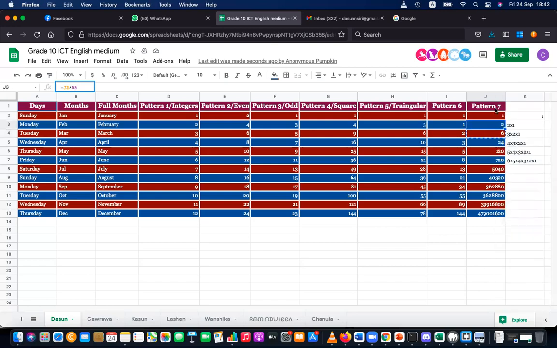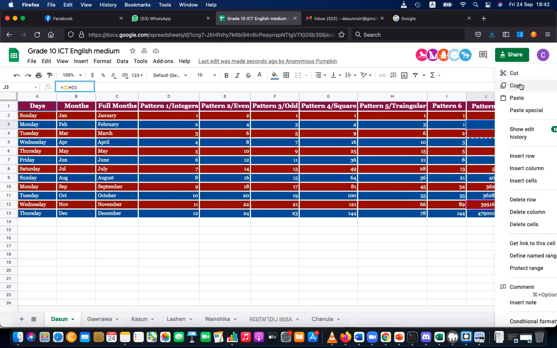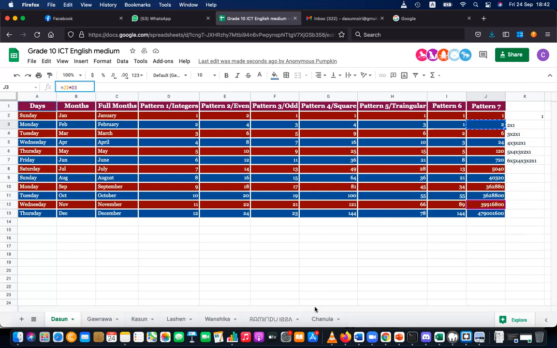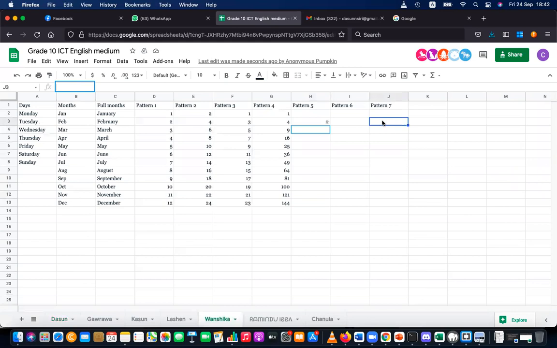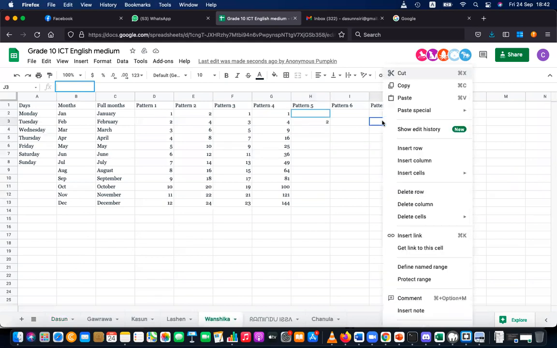After copying, let's say you want to copy the pattern 7. Pattern 7, I'm copying this one, the third row. After copying this, I'll paste it in Vanchika's sheet, in the same row, same column. There, pasting it.